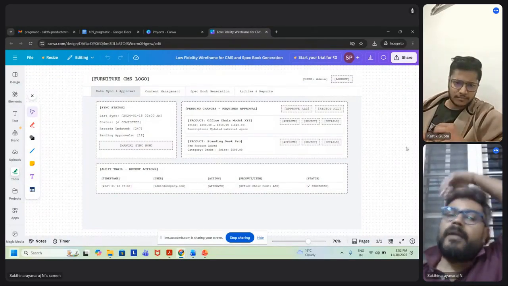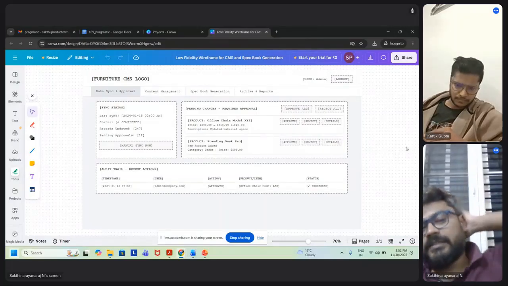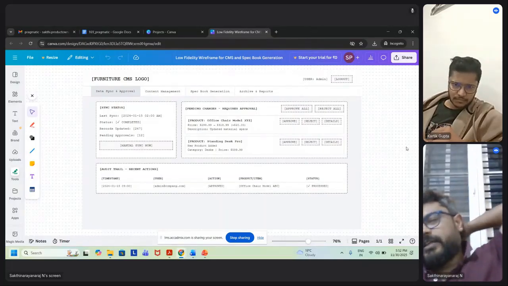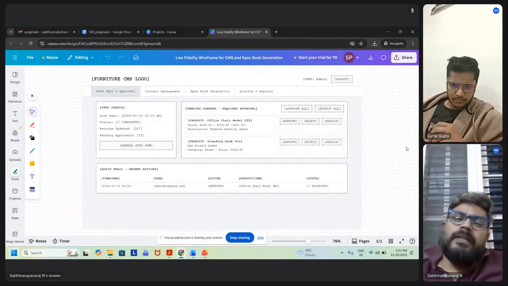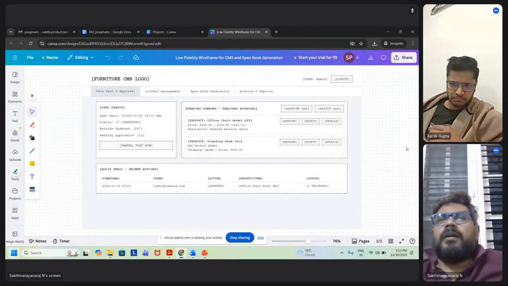That system will sync with this and feed the content, and this system will segregate the content received from the database and display it for the users.